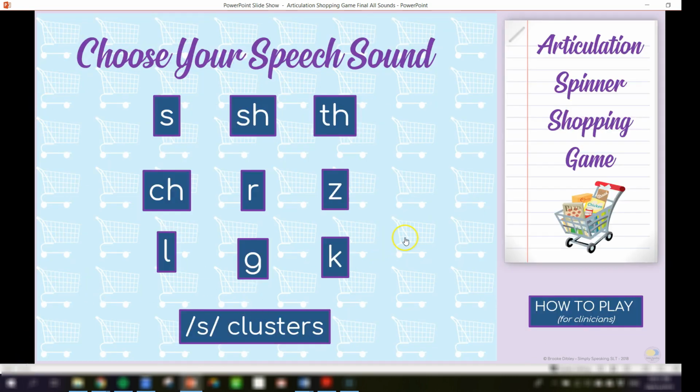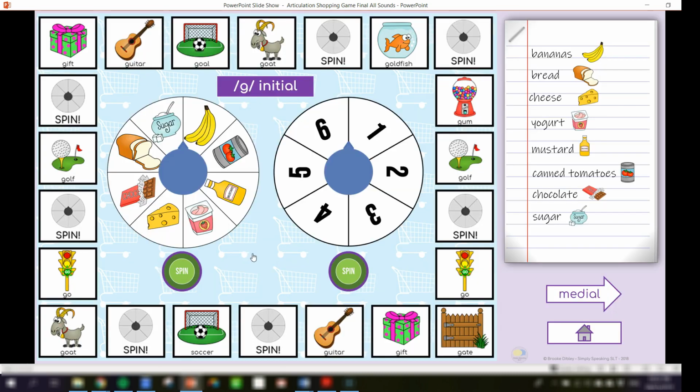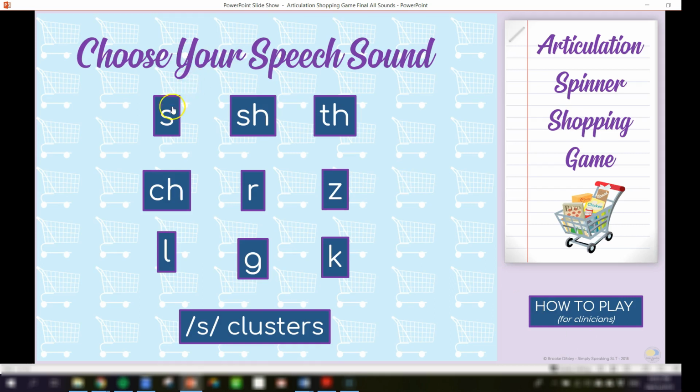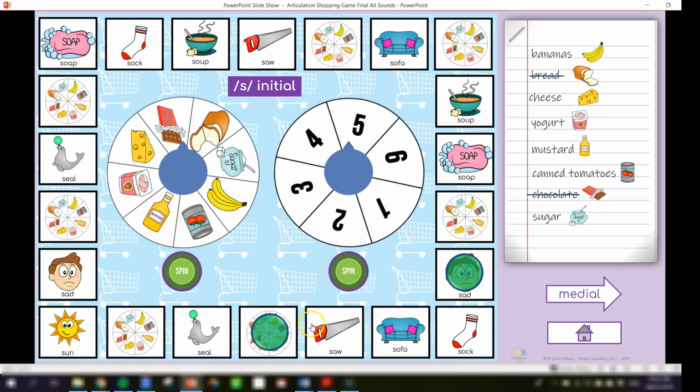This means you could actually have a mixed session with students who are working on different speech sounds. For example, if you had one student working on the G sound, this can be their board, and this would be competitive then. They can work their way around their board, crossing things off their shopping list, and then if it was the next person's turn and their speech sound is S, you simply go home and hit S and then work their way around their board, and it would stay static as they leave it, as you come back to it. And as you can see, there's crossed off from earlier in this video, and so the winner would be